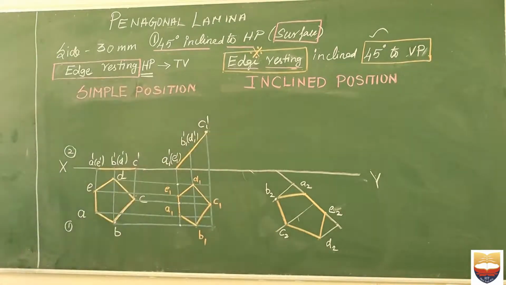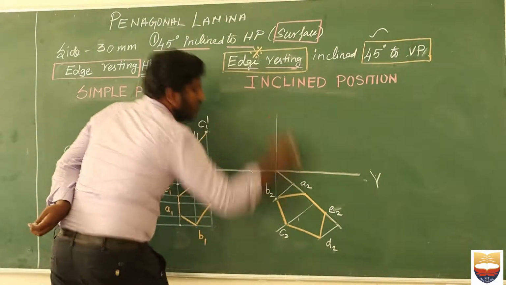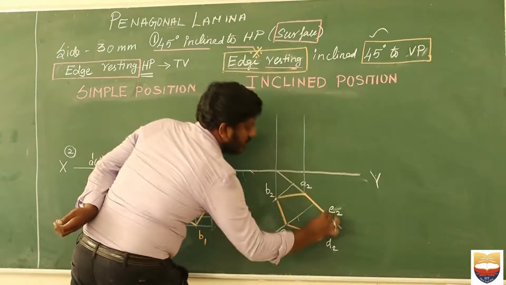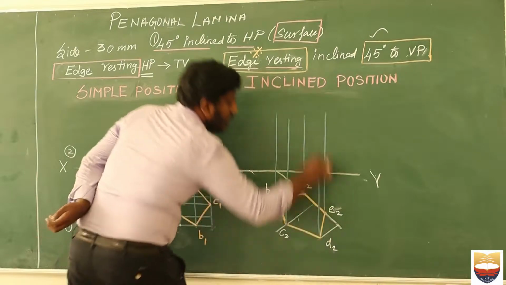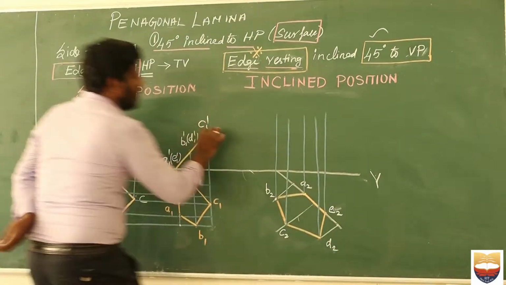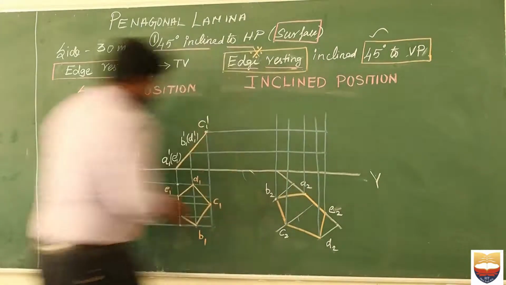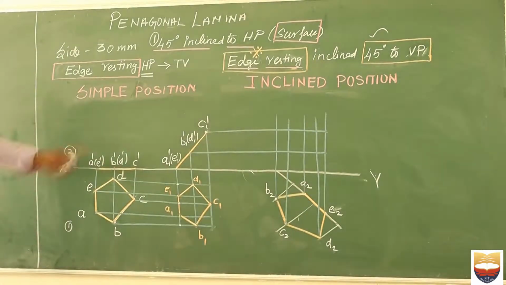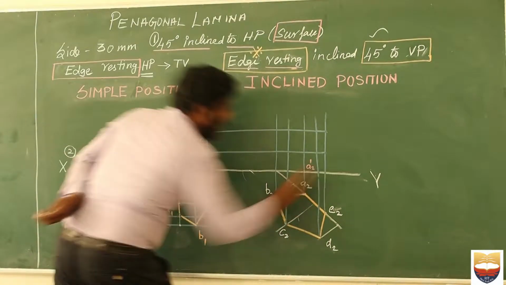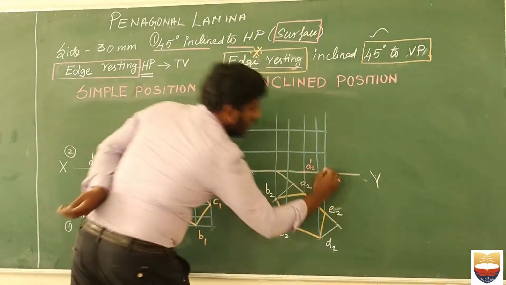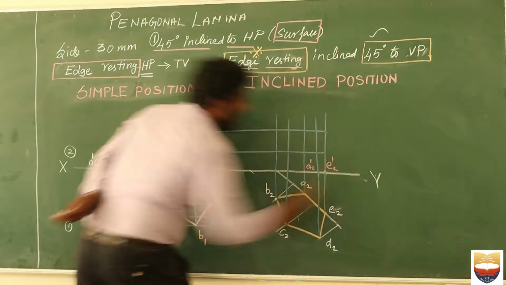Now I need to project it to the top to find out the final position. This projection line should be perpendicular to my reference line. You have to project all the points from the bottom, and similarly project the horizontals from your previous front view. Once I do it, I have my connecting points. See here, I have my A2 dash. Okay, and similarly here I have my E2 dash.